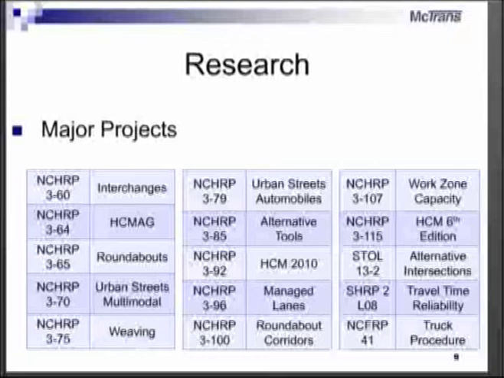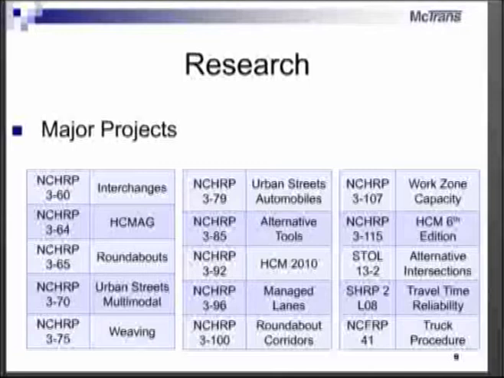Work zone capacity. This is modeling work zones on a freeway. Jim Shane of Kittleson Associates out in Tucson did this work. And in the 2010 manual, there was a little bit of a discussion. There was one equation that was sort of subjective to model the effects on capacity of work zones on a freeway segment. And this one provides, you'll see, about a half a dozen equations that